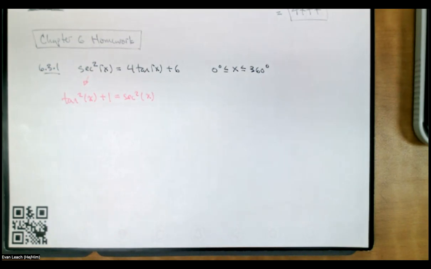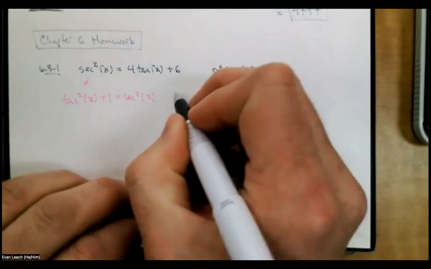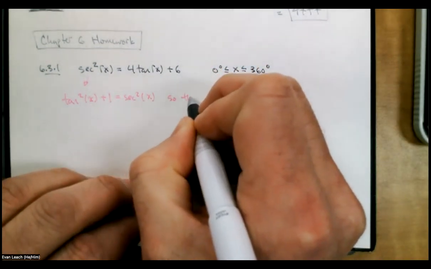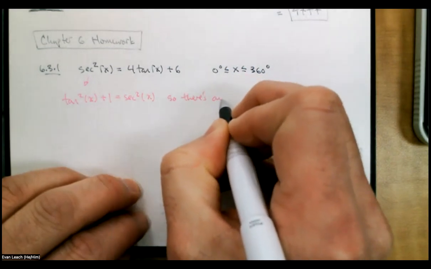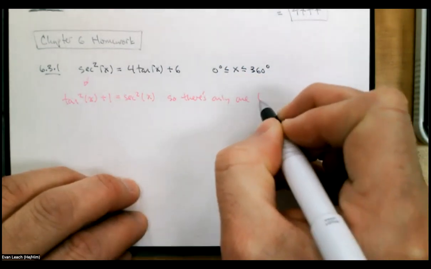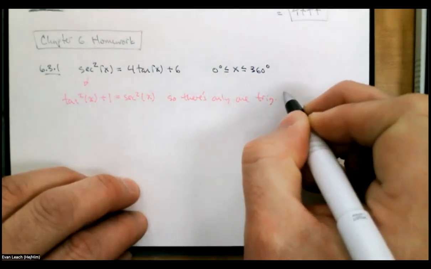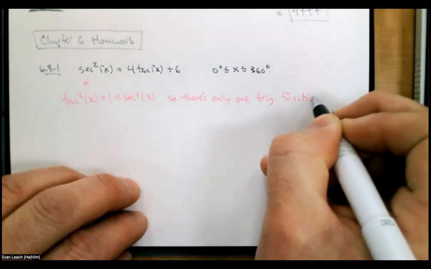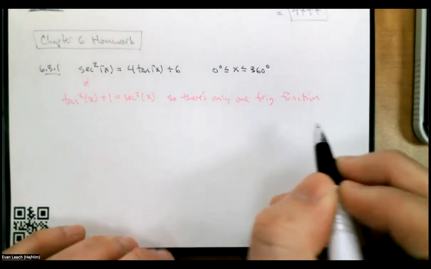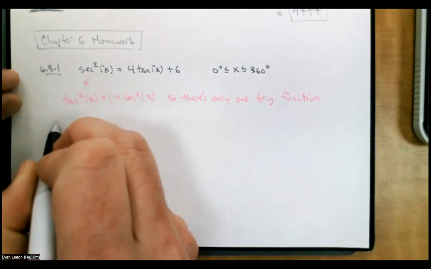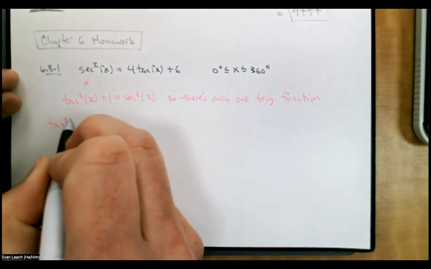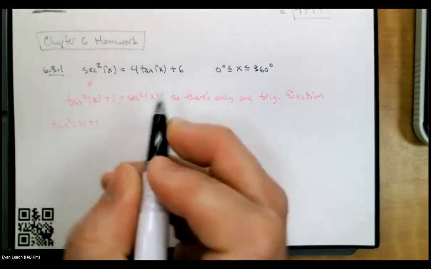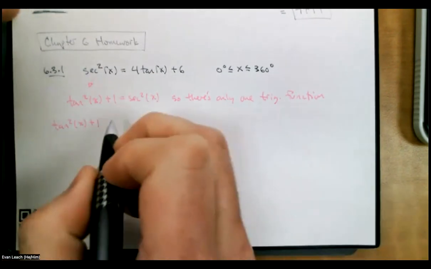I'll have that trig function squared, and that trig function by itself, but at least there will only be one. So secant squared is tangent squared plus 1, and this is what my equation looks like now: it's equal to 4 tangent x